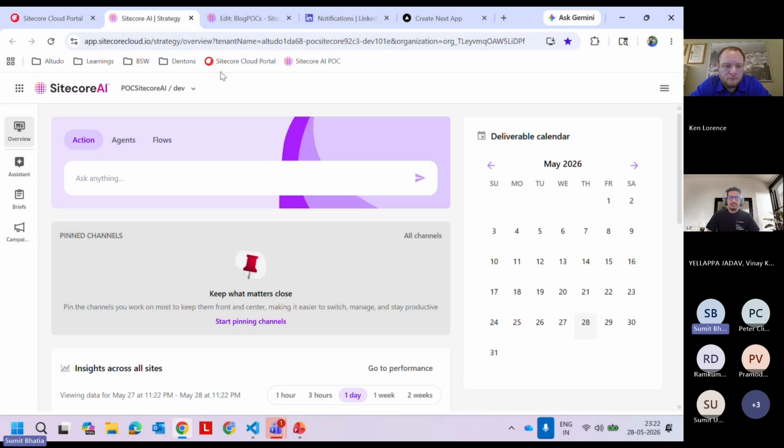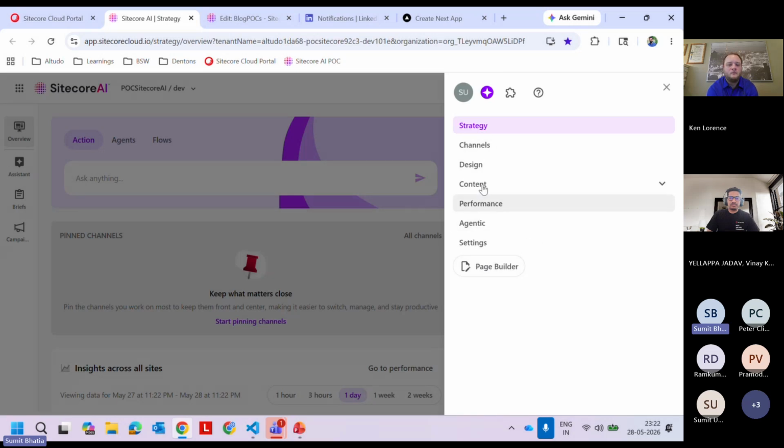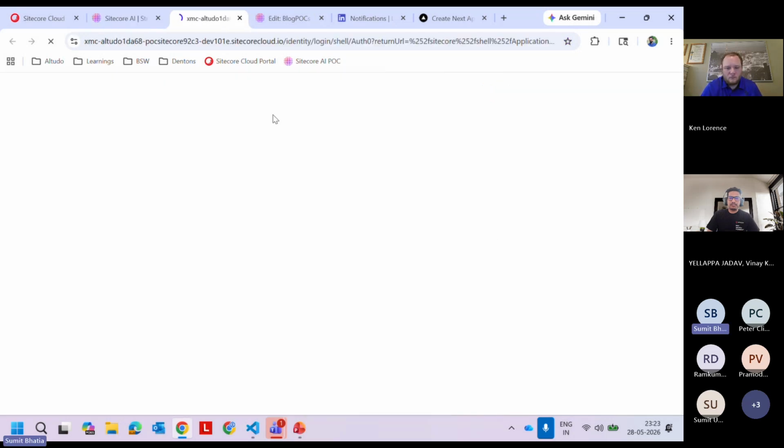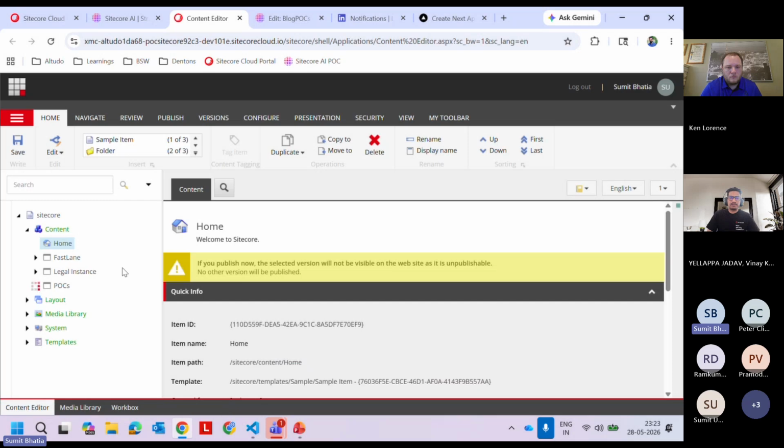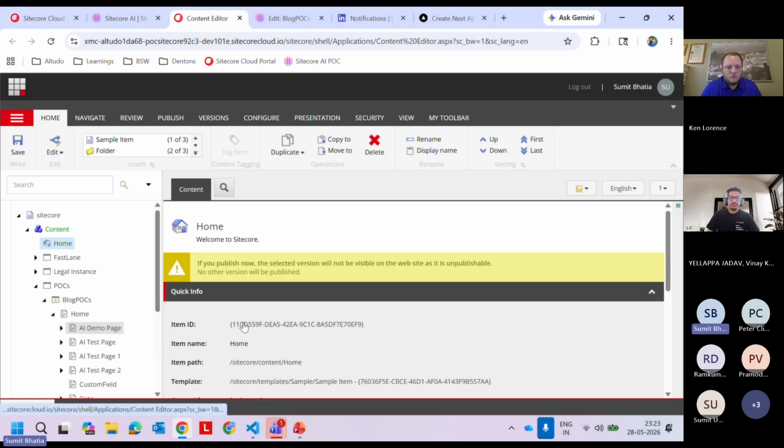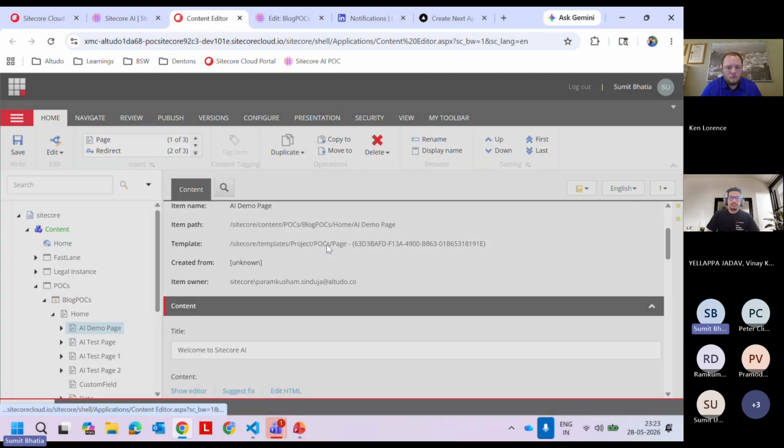You can also add this on your data source item and at the page level. Right now the requirement is that I need to create the page using the API response, so I'm adding it into the page. How do you add that? Let me open the content editor first. Let me show you how I added that on the content editor side. As I said, I need this on my page, so I'm going to open a page like the AI demo page. And if I go to the template,